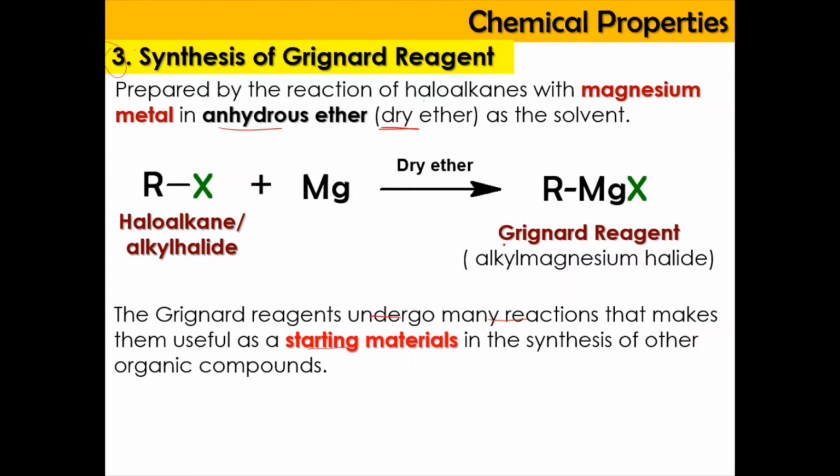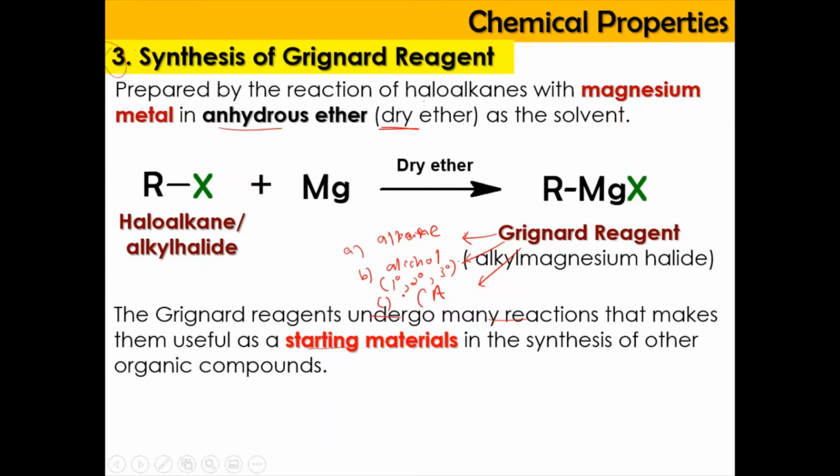So the Grignard reagent can be used in order to produce alkane, alcohol, and carboxylic acid. For alcohol, we can have a primary alcohol, secondary alcohol, and tertiary alcohol. So the Grignard reagent is powerful in order to produce these three things here, which are A, B, and C. Okay, but now let us focus on the preparation of the Grignard reagent first before we go into each of